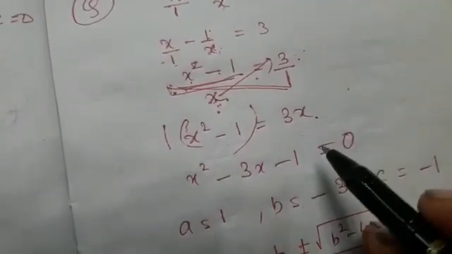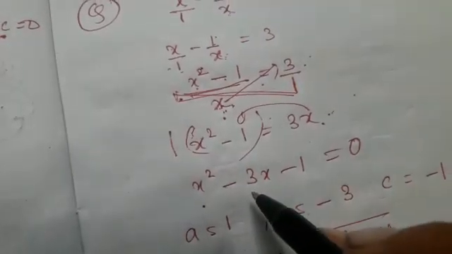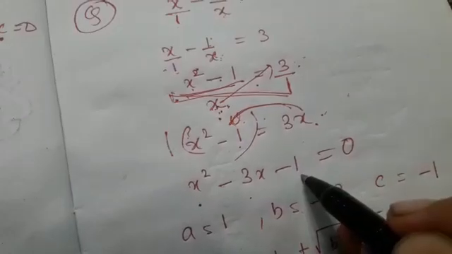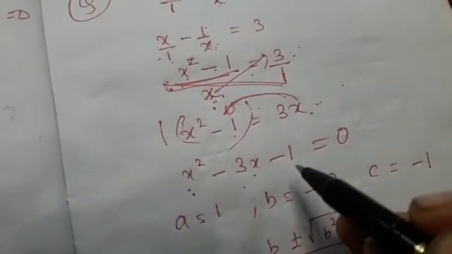Now we have to frame the quadratic, so bring this 3x there. So x square is already there. You are sending this 3x, so it is coming and becoming minus 3x, going to that side of the equal to, and minus 1 is there. Now after x square we are supposed to write x, then we are supposed to write the constant, right?